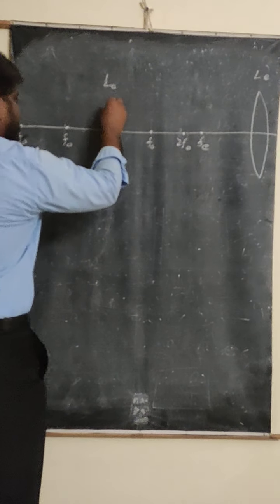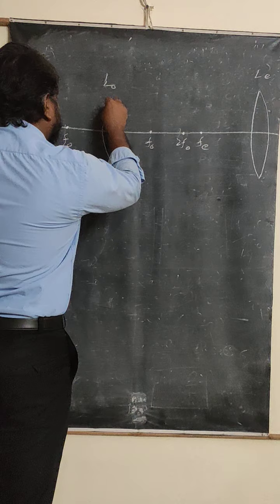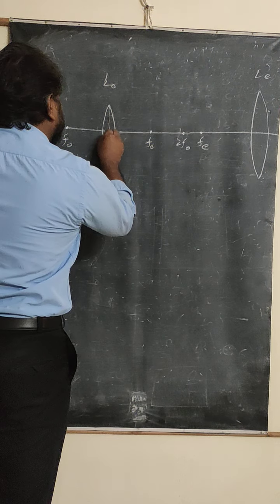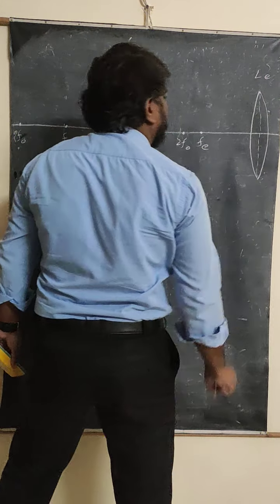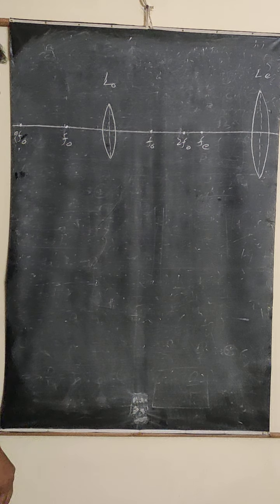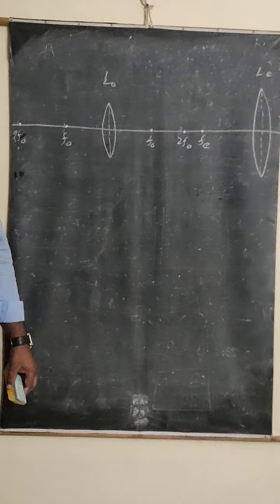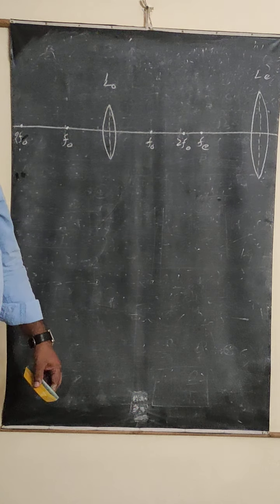And so let us say, how many optic centers will be there here? Two optic centers will be there. This is called C1 and this one is called C2. So C1 and C2, both the two optical centers are going to be taken.